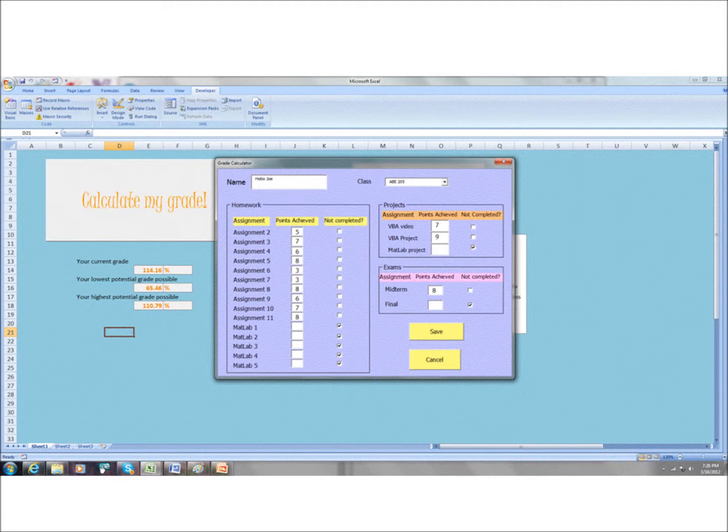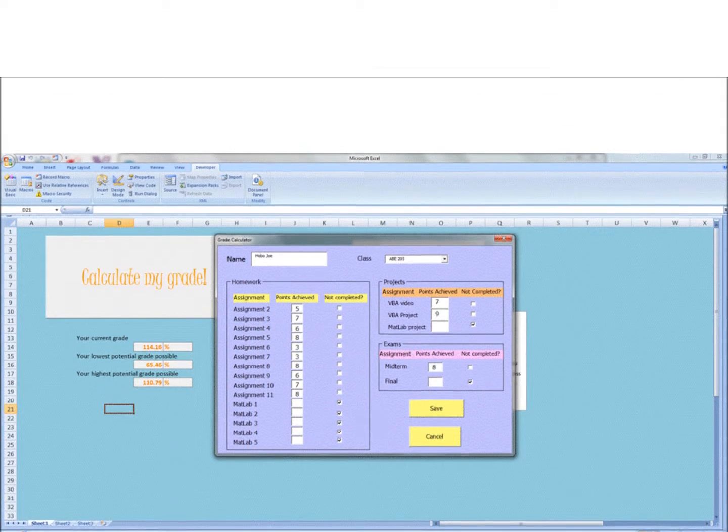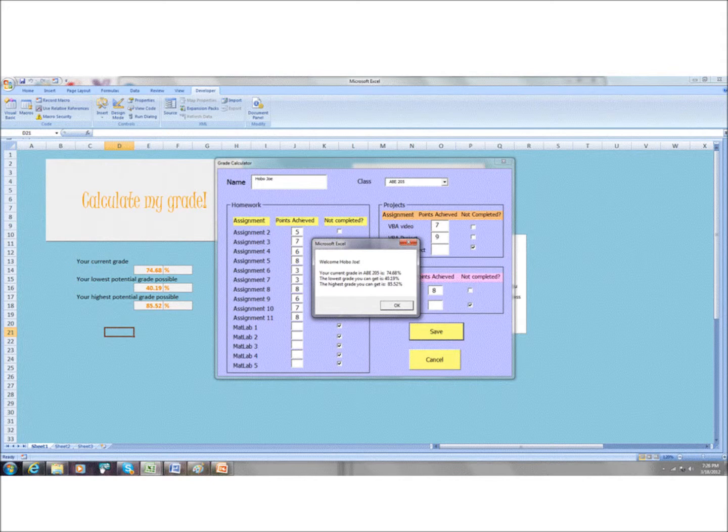You can enter your grades into the text boxes for the various assignments, or you can check the boxes next to them if you have not completed them yet. Once you are finished entering the grades, you can hit Save, and a message box will pop up that shows